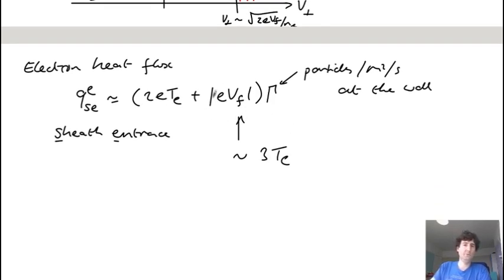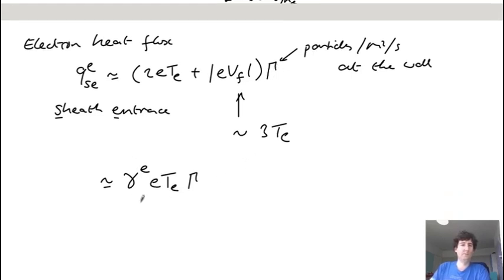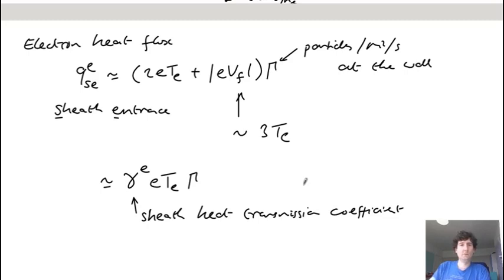So this is also proportional to the electron temperature, as is this one, and so often this is written as a constant, which is called gamma_E, for the electrons, times the electron energy times the particle flux gamma, where this gamma_E is the sheath heat transmission coefficient,